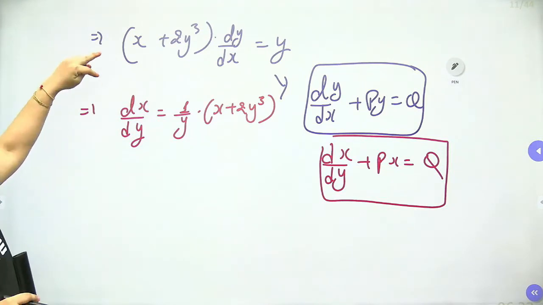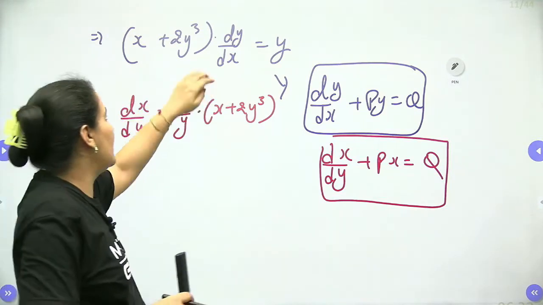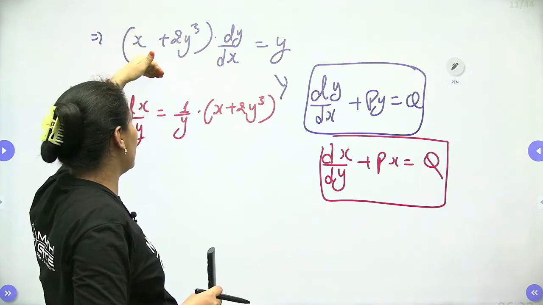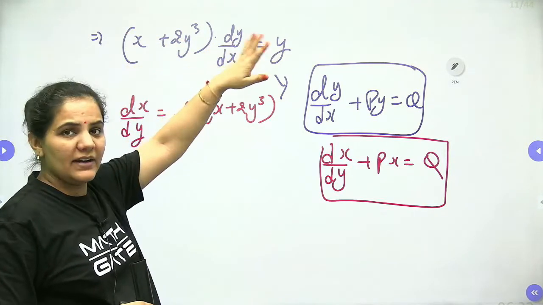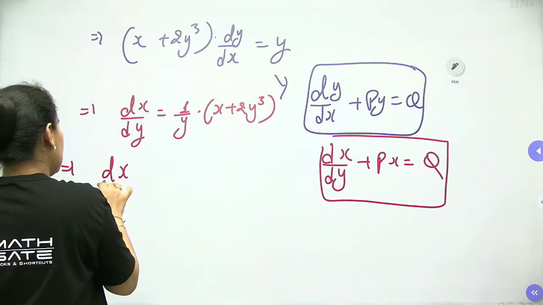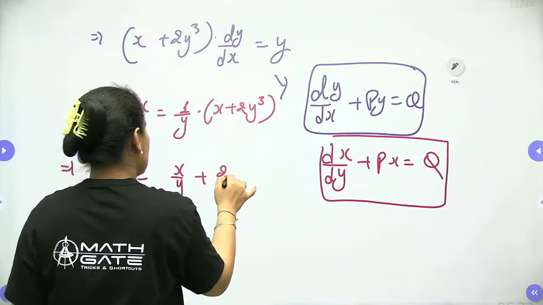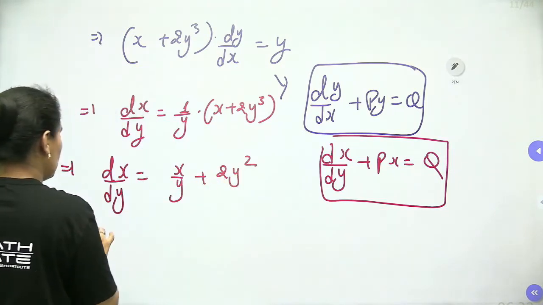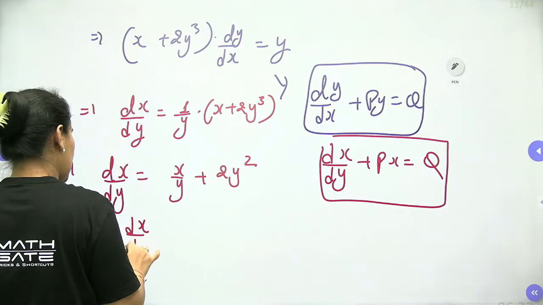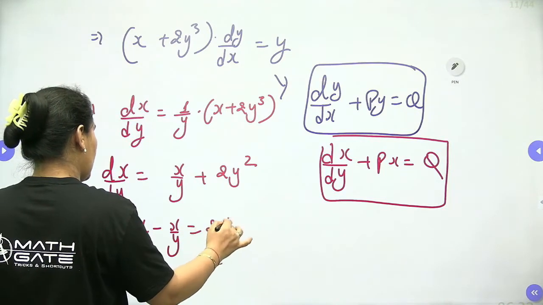Okay, what I have to do is approach the things oppositely. So here it will be 1 by y, it will be dx by dy, it will be 1 by this one. So when I cross multiply, it will be there, right? So again, let's write it in a simpler manner. dx by dy is x by y plus 2y square. Let's make it simpler: dx by dy minus x by y is equal to 2y square.